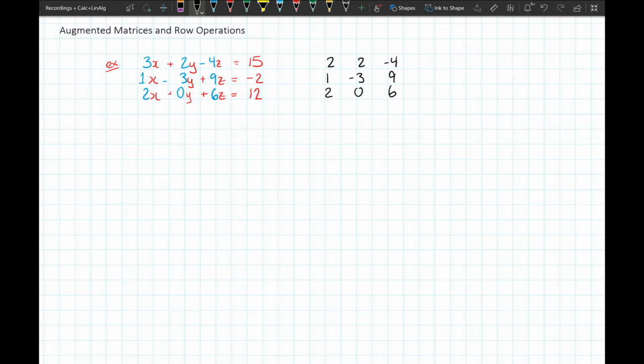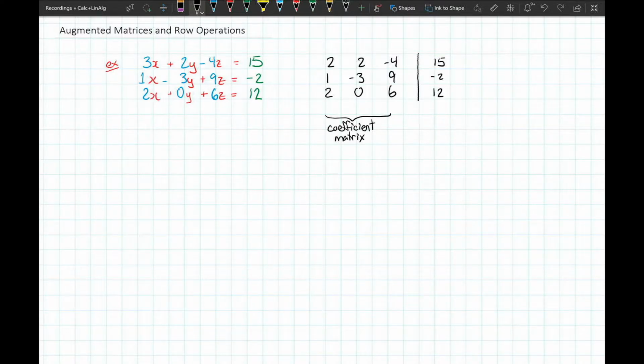And so since there are three variables and three equations, we have a 3 by 3 matrix, and this is called the coefficient matrix. Now the other numerical values in here are also important. They're on the right hand side. These values on the right hand side are simply the constants. They have no variables. Those are also equally important so that we can get the solution for x, y, and z. So what we're going to do is make sure that we have some way to tell the difference between coefficients and these constants by putting a vertical bar,